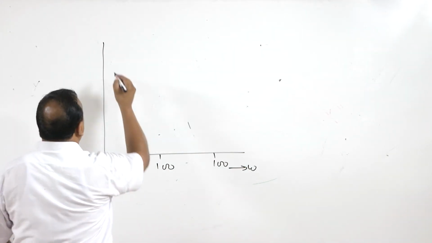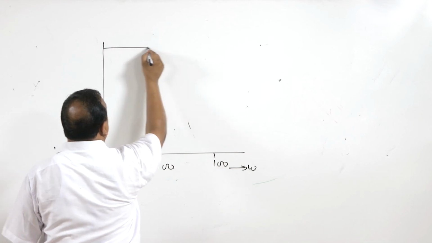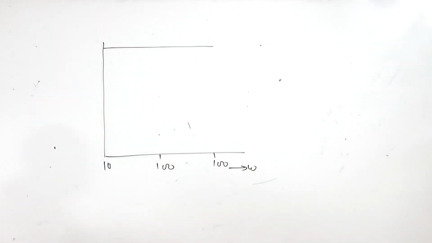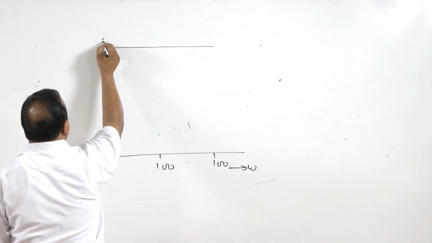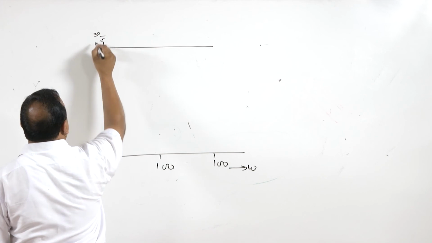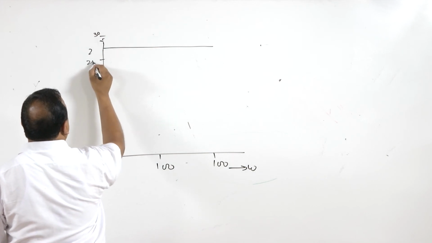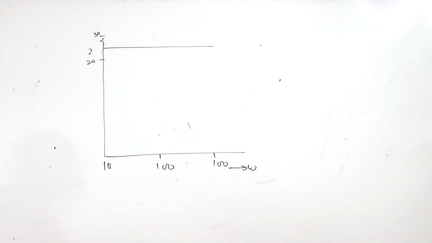For m1, that is 20 log 20, this is because it is constant. So 20 log 20 will be something a little more than 20. This is 30, and this is 20. Let us say 20 log 20 will come somewhere here, and then